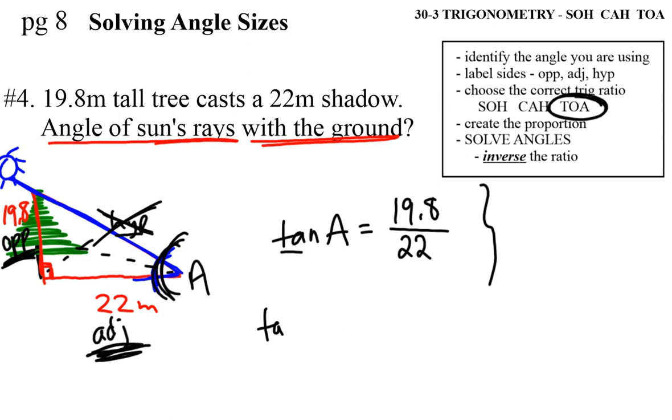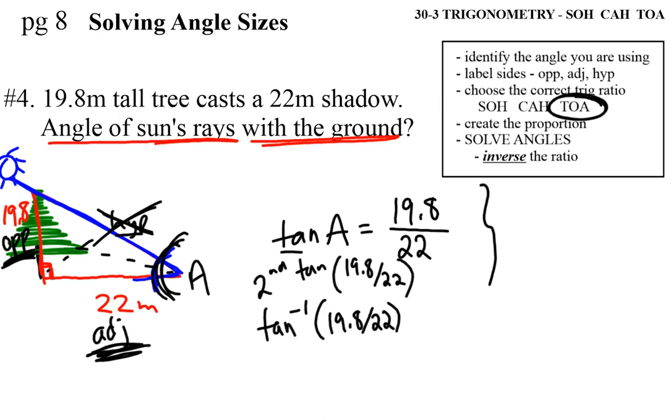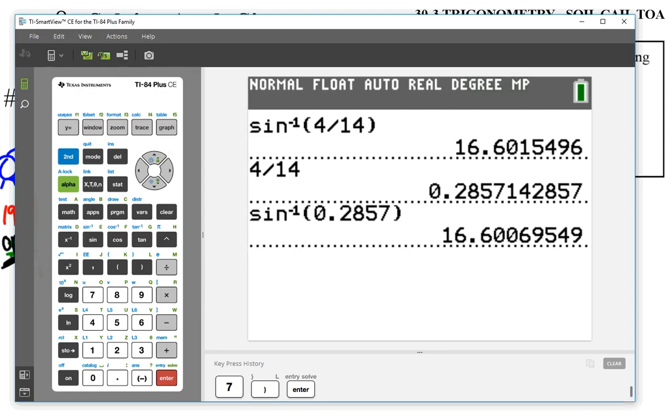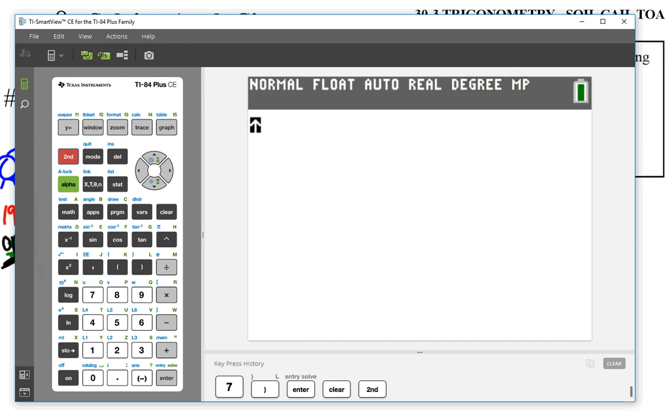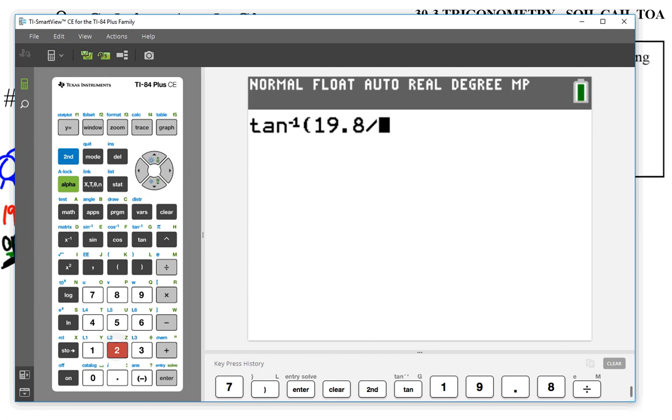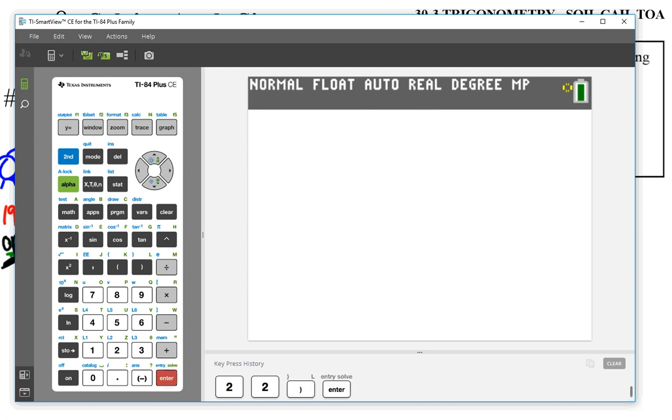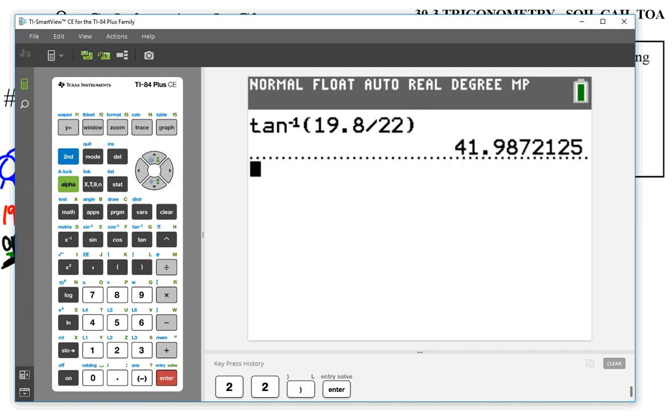And now we want to inverse second tan 19.8 over 22. Tan inverse 19.8 over 22. That will be angle A. So 19.8, 22. What do we have here? Second tan in this case 19.8 divided by 22. What do we get for an angle? 41.98 or